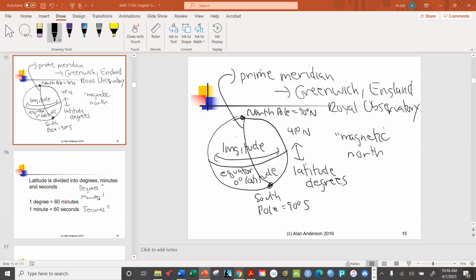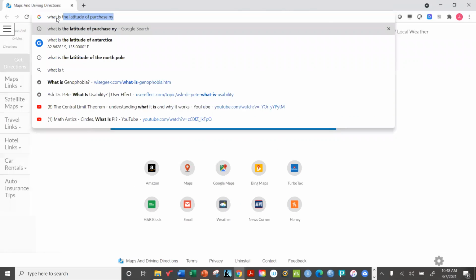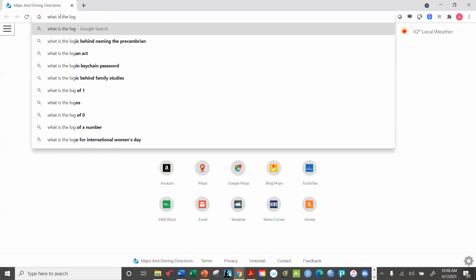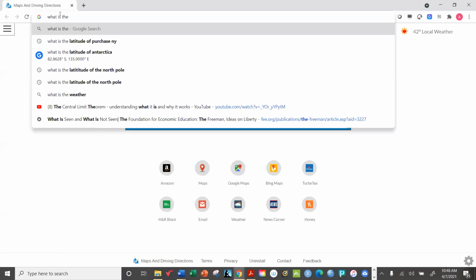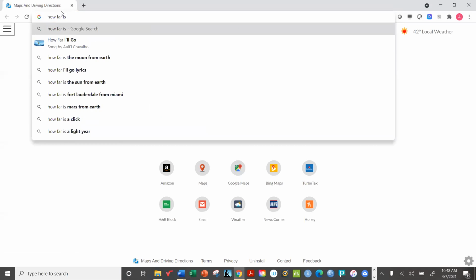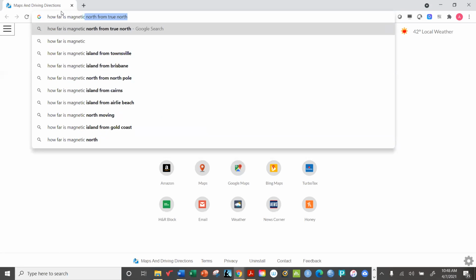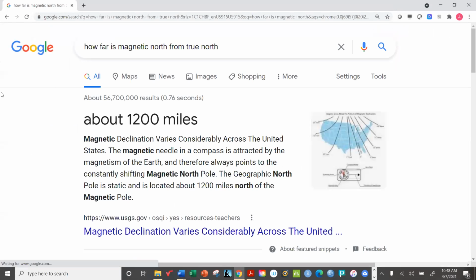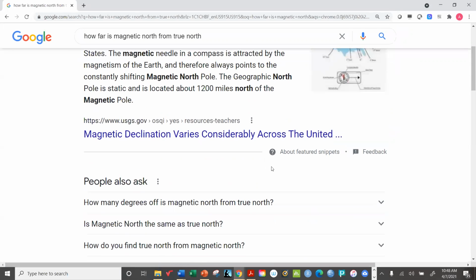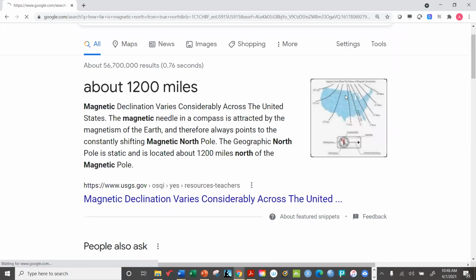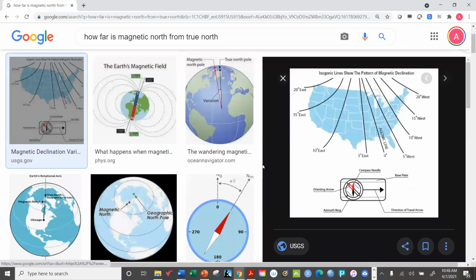In fact, let's go see if we can find out how far off it really is. I guess I should say it's not the latitude that's off, it's the longitude. How far is magnetic north from true north? All right, 1,200 miles. Okay, so it's off a bit. So your compass is not pointing to exact north, but it is pointing to what we call